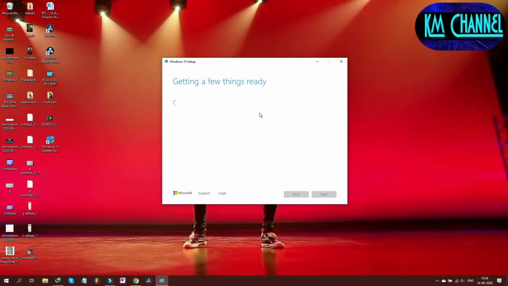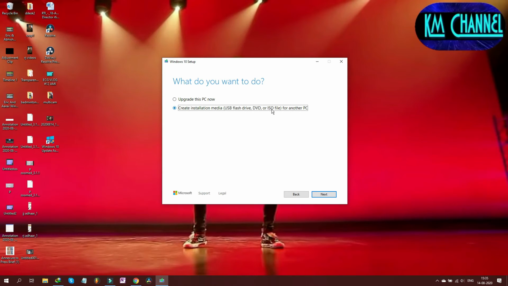It's taking a while. We are on on-demand, so the speed out here is a little slow, although they have already started the undersea fiber cable which promises up to 100 Mbps speed, but I think it's not implemented yet. So at this point it is asking you to upgrade the PC now or create the installation media. So we'll go for create, because we want to make an ISO.